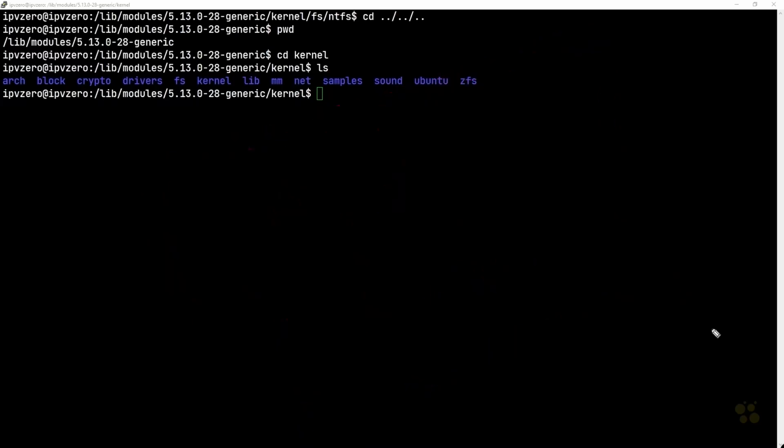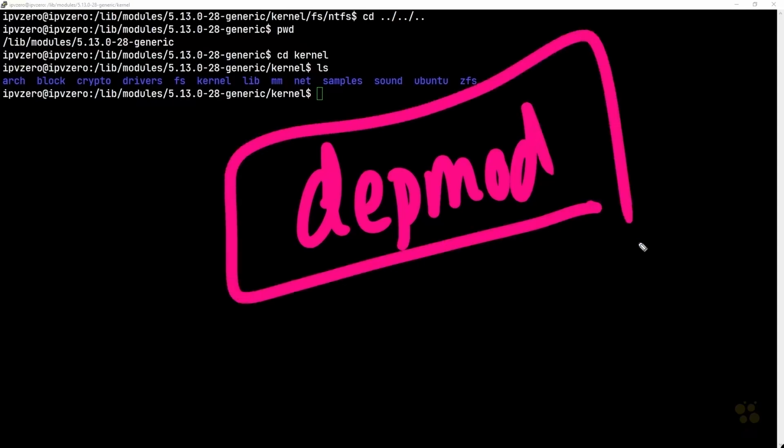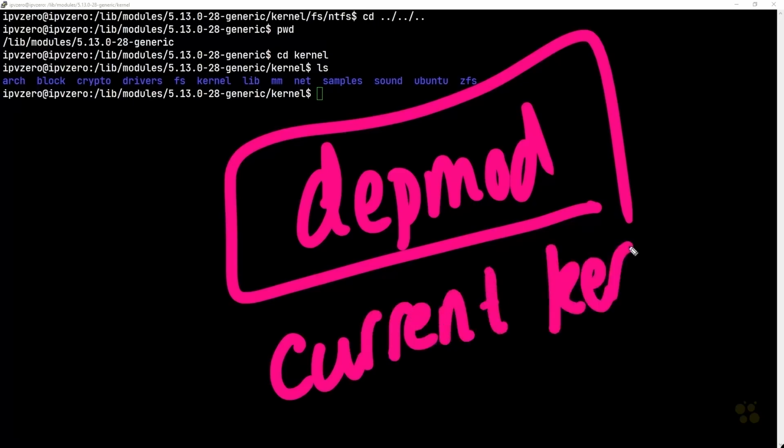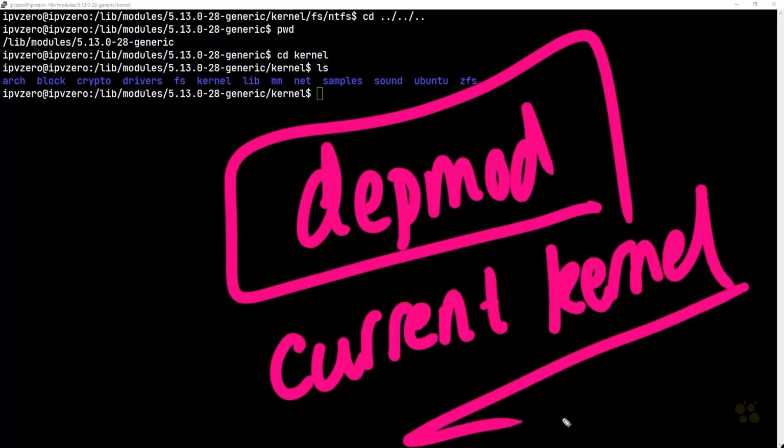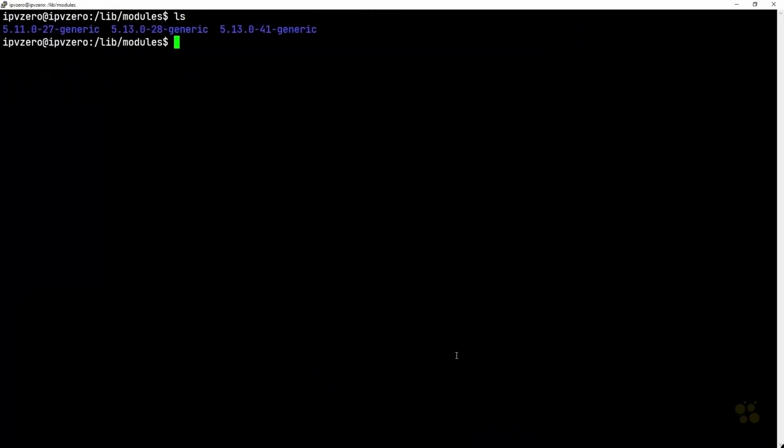Now, one thing I really want to highlight with respect to the depmod command is that this command is only going to execute with respect to the current kernel in play. So you know how I do have other kernels on my system. Again, if I go back, we do an ls, we can see these 3 different kernel options. The only one I happen to be running right now is 5.13.028, so it's only going to act within this directory right here and probe for the modules within this directory